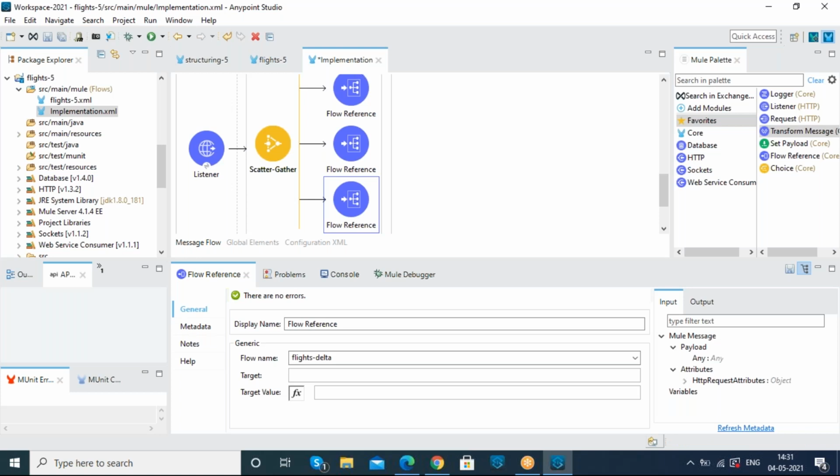When the scattergather router is going to combine all this data, will it throw an exception? So how does the scattergather router work and how is it able to combine this data?